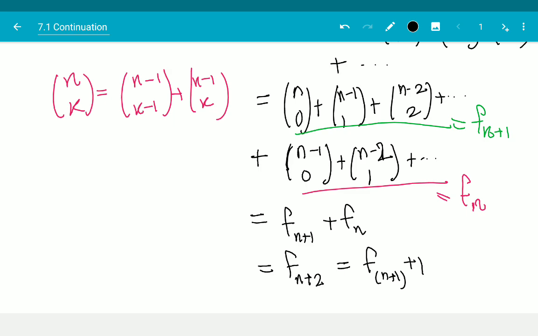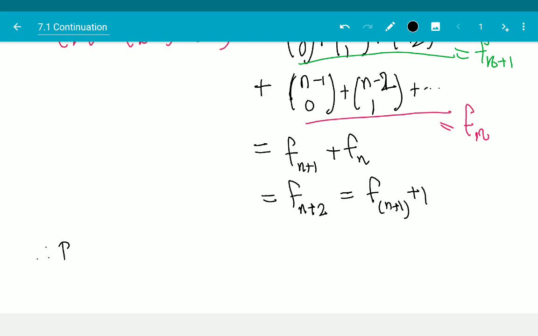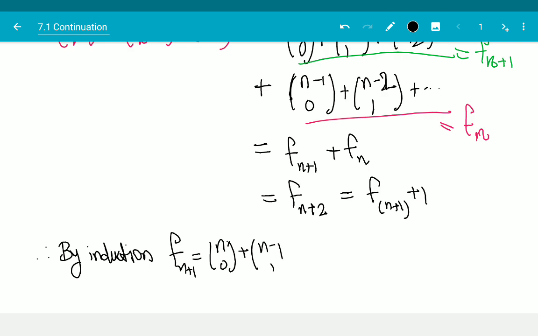And therefore, by induction, f of n plus 1 is equal to n choose 0 plus n minus 1 choose 1 plus n minus 2 choose 2 plus dot dot dot up to so on, up to 0, because technically most of these are going to be 0 halfway through, right? Okay,